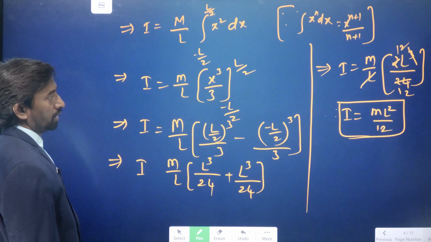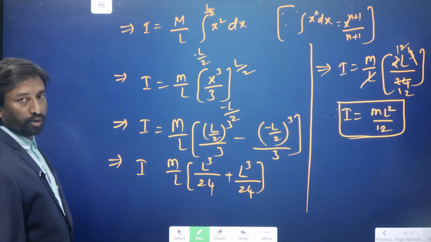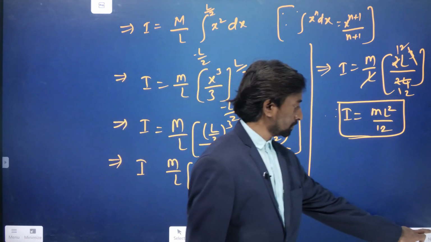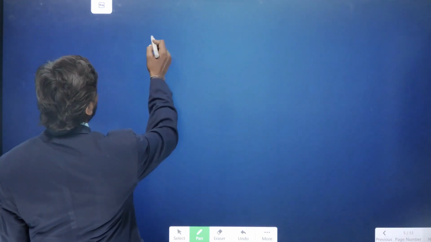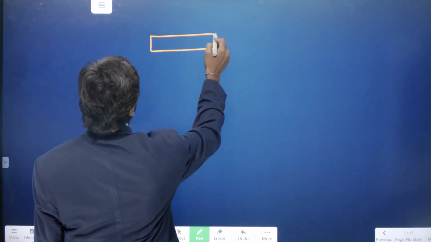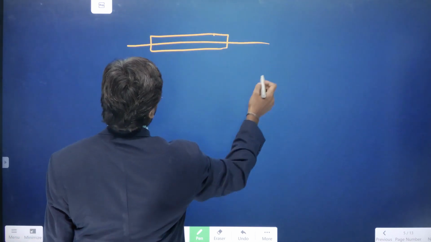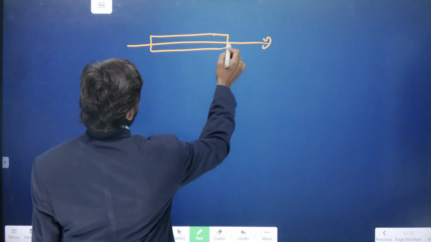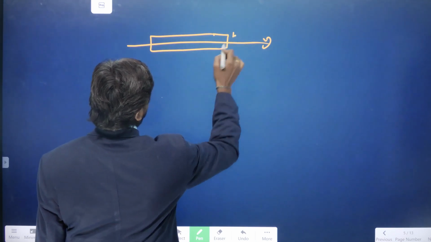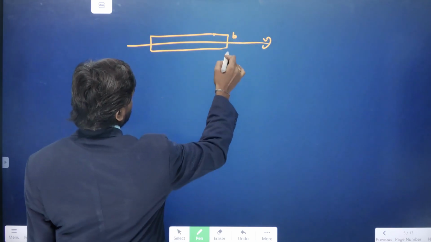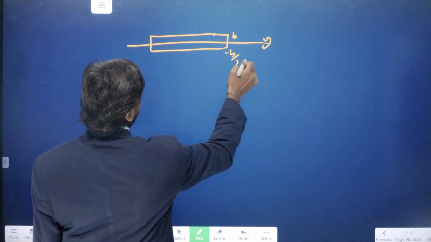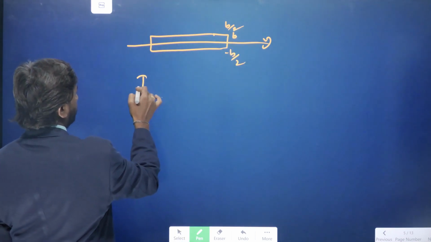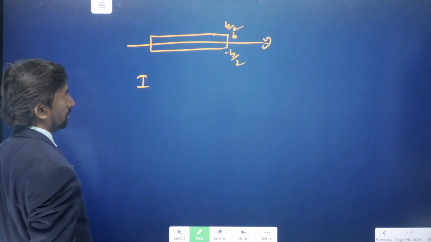Suppose the body is rotating about the axis, so it is like this. If this uniform rod is rotating about the axis of the rod, then if L was the length, this will be the breadth now. We will consider the breadth, so it will go from minus b by 2 to b by 2. We apply the same formula, then the moment of inertia about the axis of the uniform rod,